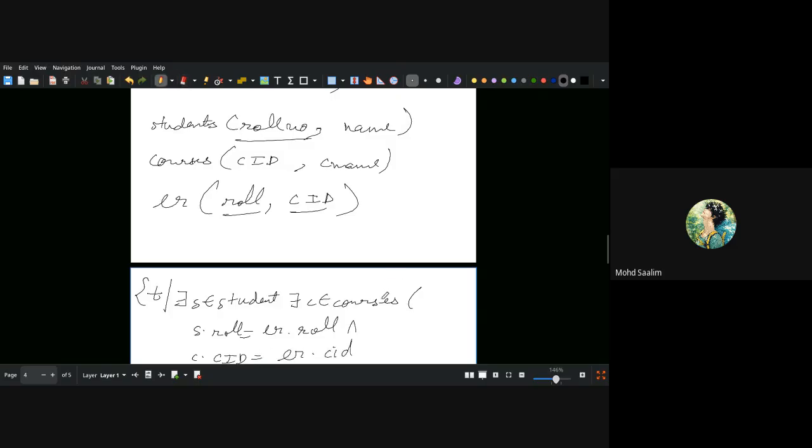I think I forgot to create one tuple for ER. Let's call it E, belongs to ER. And here, let's use it directly. So you can see this is the basic flow of TRC.